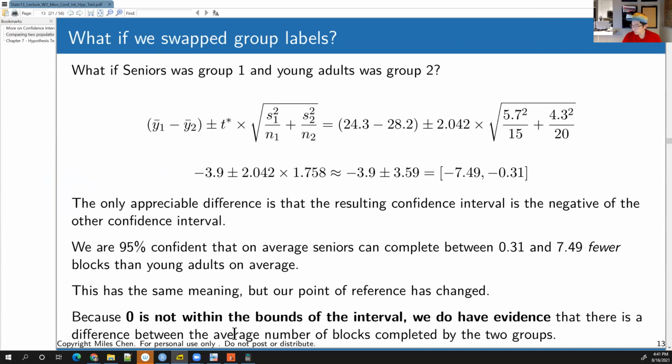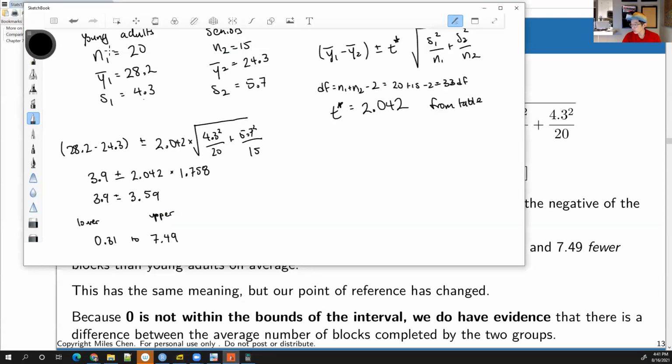The question is, what if we swapped group labels, right? When we did this, I called young adults group 1 and seniors group 2. What if we had swapped it around and we had seniors be group 1 and young adults be group 2? So what would happen is,